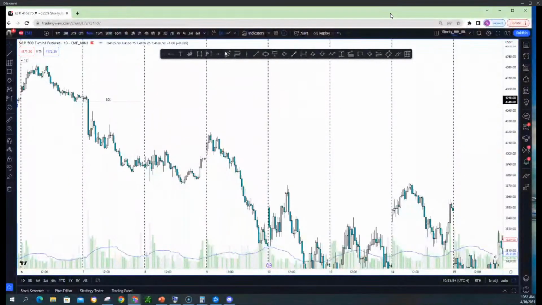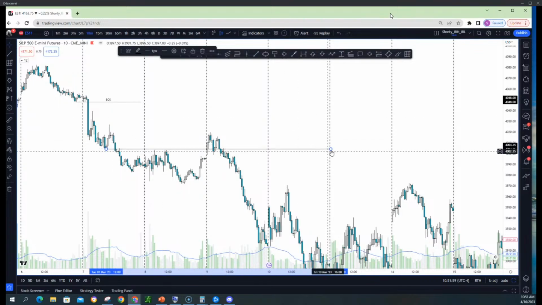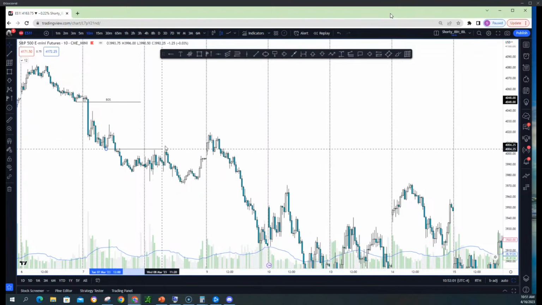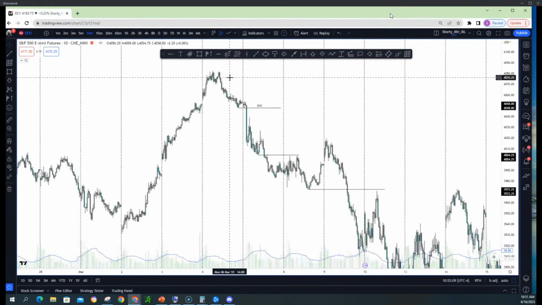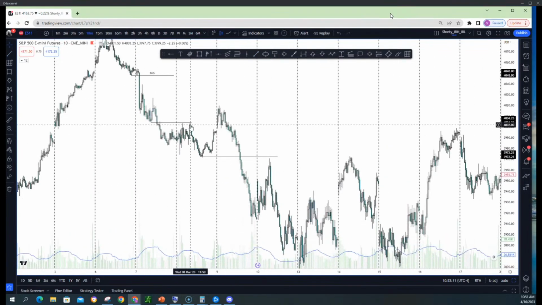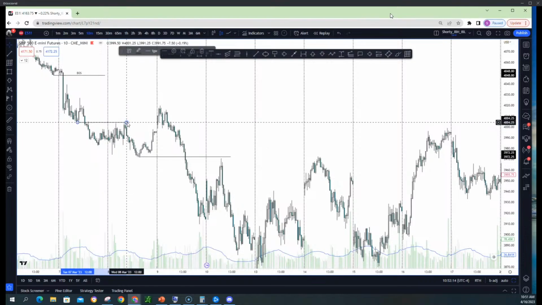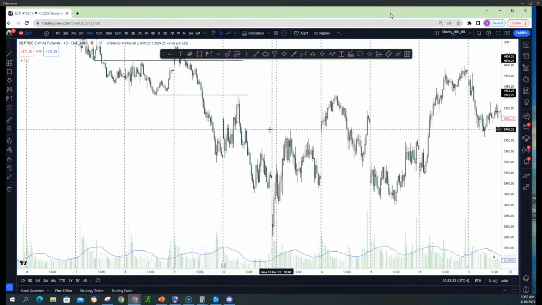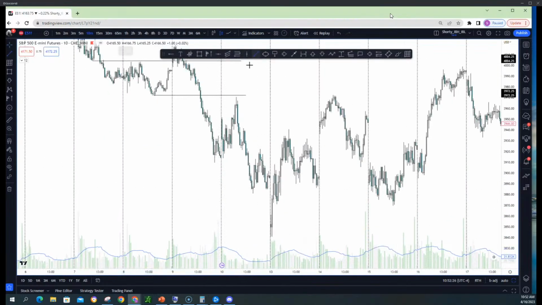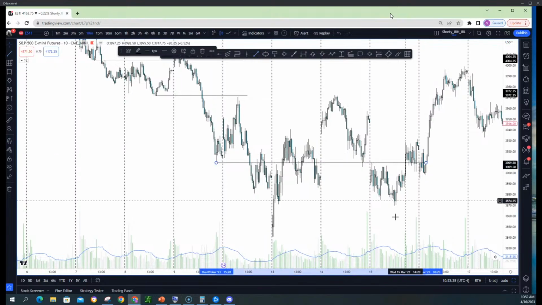Here's your next low. You can use probably this one here so you're not confused. That's another break of structure. And once you break this low here, here's another break of structure that's happening. You're just continuing lower. Break of structure means continue lower. Here, they completed a flip, change of character, and you see them popping higher. They failed to hold as well, and then they went lower. Then they continued the break of structure. Here's your next low. So break of structure is just continuation. There's nothing else to it.